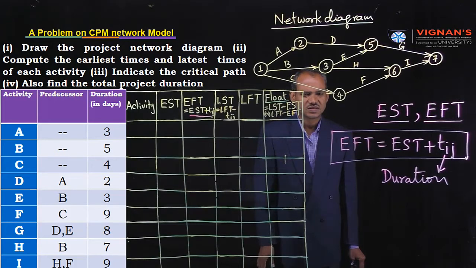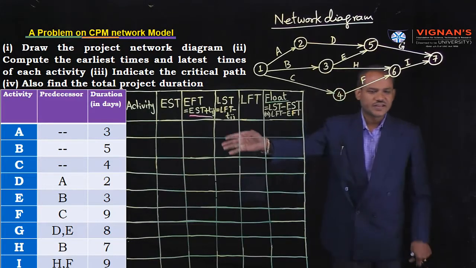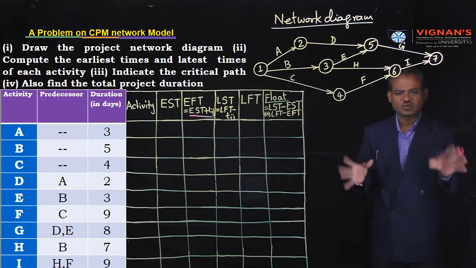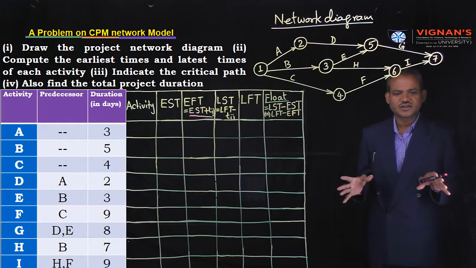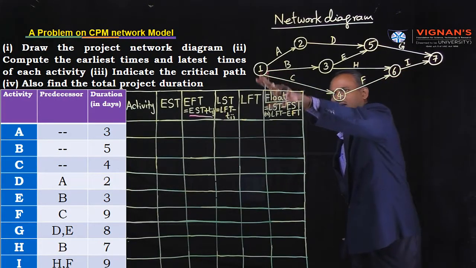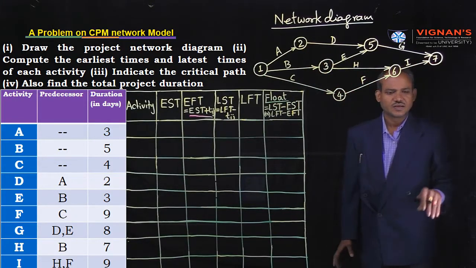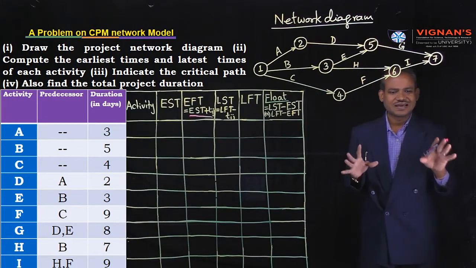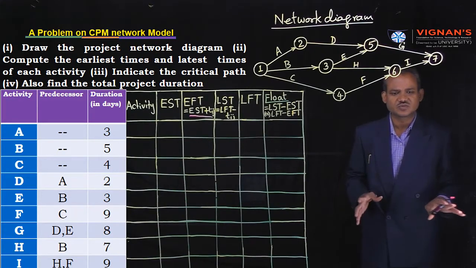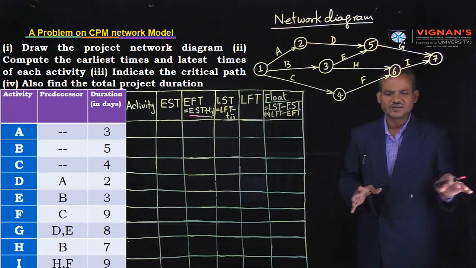Okay. This is about the basics of timings. The first bit is already completed. What is the first bit? Draw the project network diagram. That is over. After drawing the project network diagram, next it is necessary to assign a numerical value to each node, like 1, 2, 3, 4, 5, by following one algorithm. What is that algorithm? Fulkerson's algorithm. Fulkerson's algorithm is used to give numbering to the nodes. Okay, that is also completed.